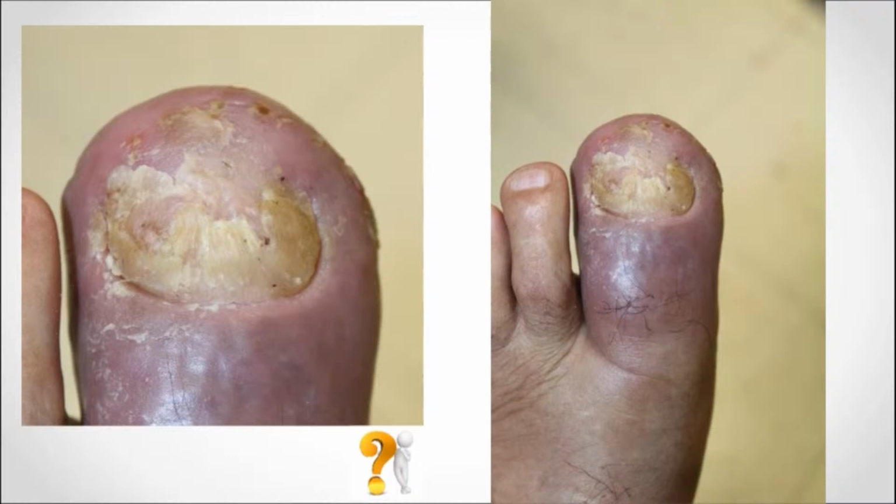The patient had nothing, no other clinical findings; the clinical examination was otherwise unremarkable on his skin. So what would be the diagnosis here? I think that many of you think about psoriasis, and you are correct. So this is a psoriatic